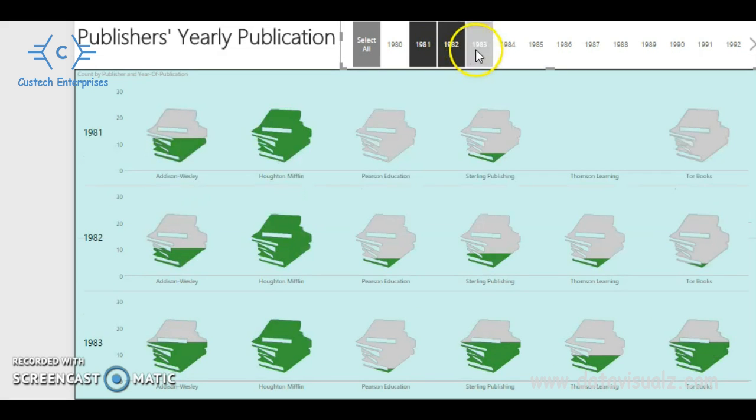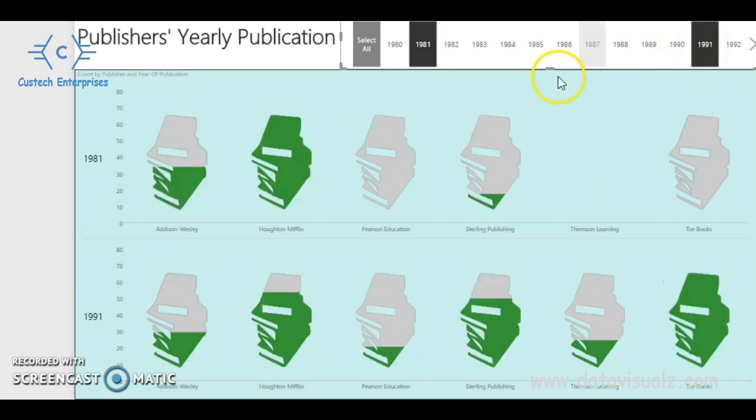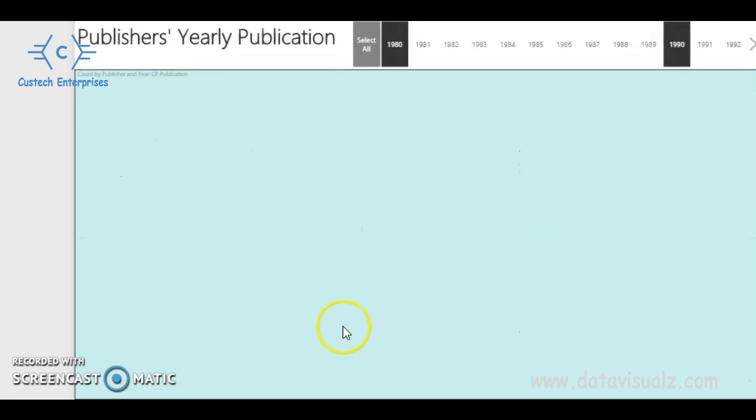I can see multiple years or comparative years, maybe for example 1981 and 1991. I can compare. Oh, I can see that Addison Wesley and Houghton Mifflin's number of publications has reduced, whereas now Tor Books is clearly giving more publications. But I still cannot see it at a glance. So when we go about further improving the visualization,